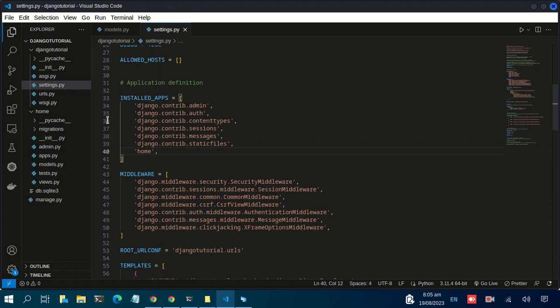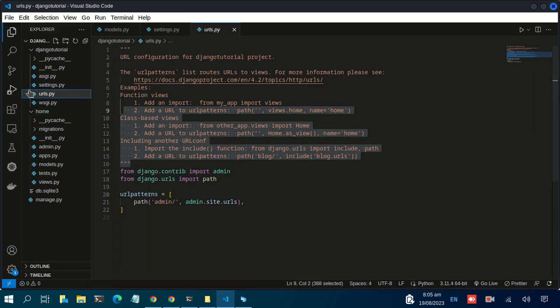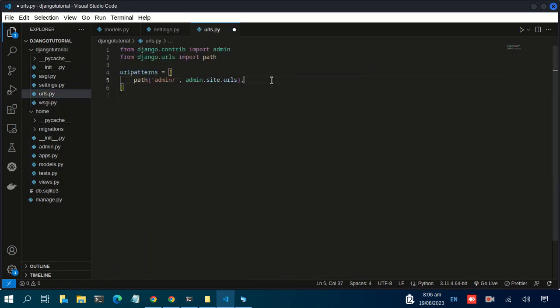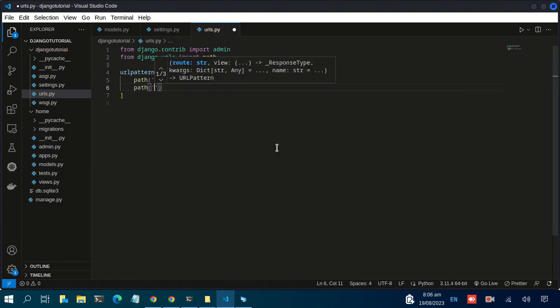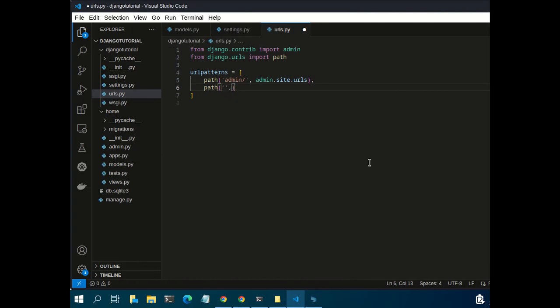Once you add our application, navigate to this other section. That is the urls.py of our project. Here we want to let our project know the URLs that exist for the new application that we added. So what we need to do is add path, then we have to include